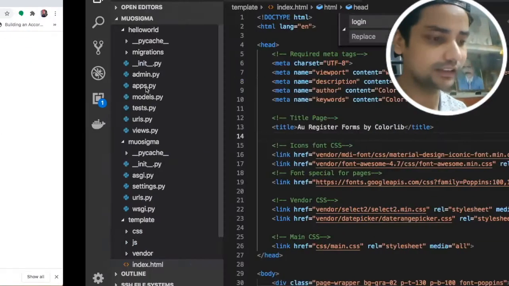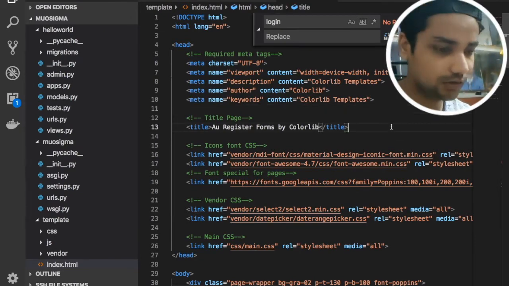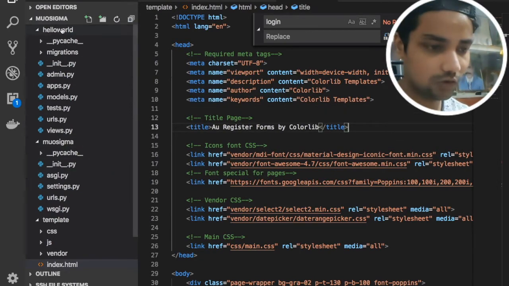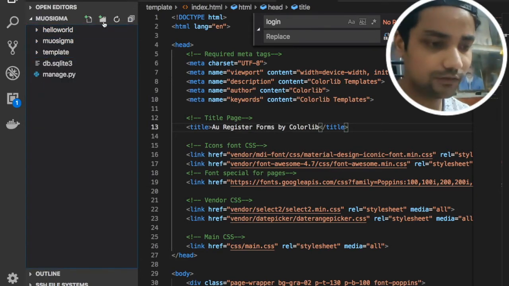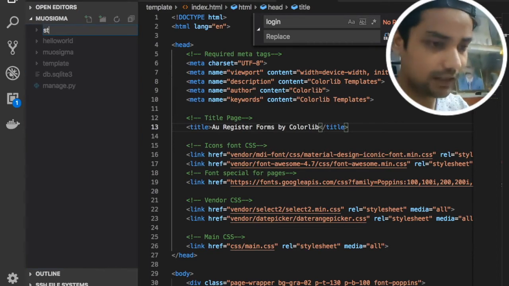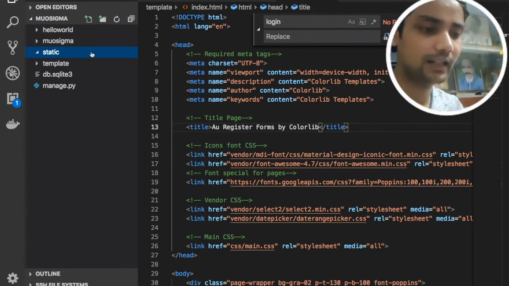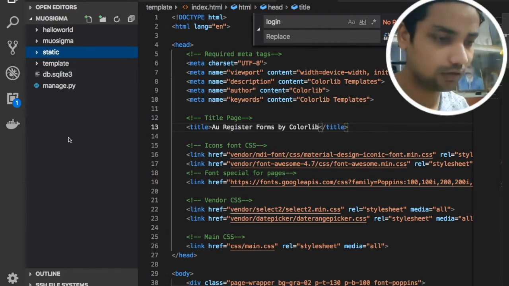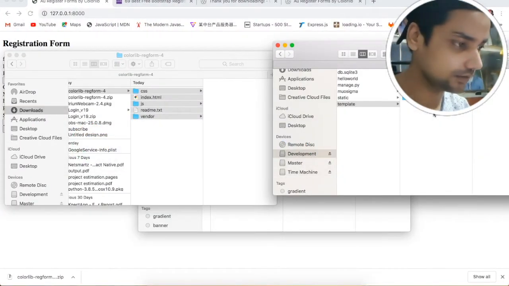So there is a process, that's why I took a small example. If you have this project and the templates, then outside, in the main root directory, we need to create a folder called static. Under this static folder, we need to drag all those files except index.html.